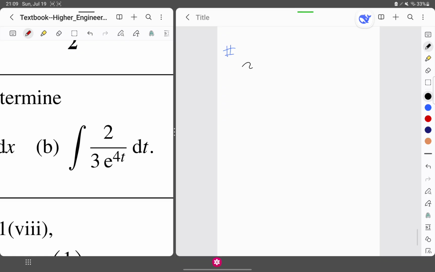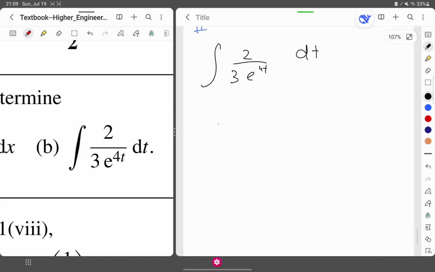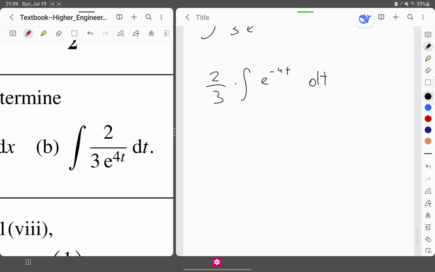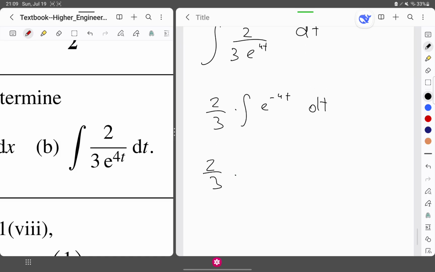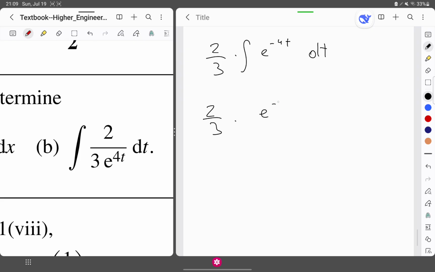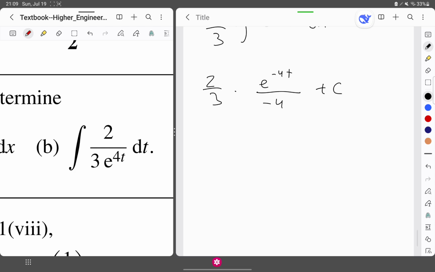In this one, 2 over 3 e to the power of negative 4t dt. Okay, 2 over 3 times the integral of e to the power of negative 4t dt, and 2 over 3 times e to the power of negative 4t over negative 4, plus c, according to that rule. And that will be negative